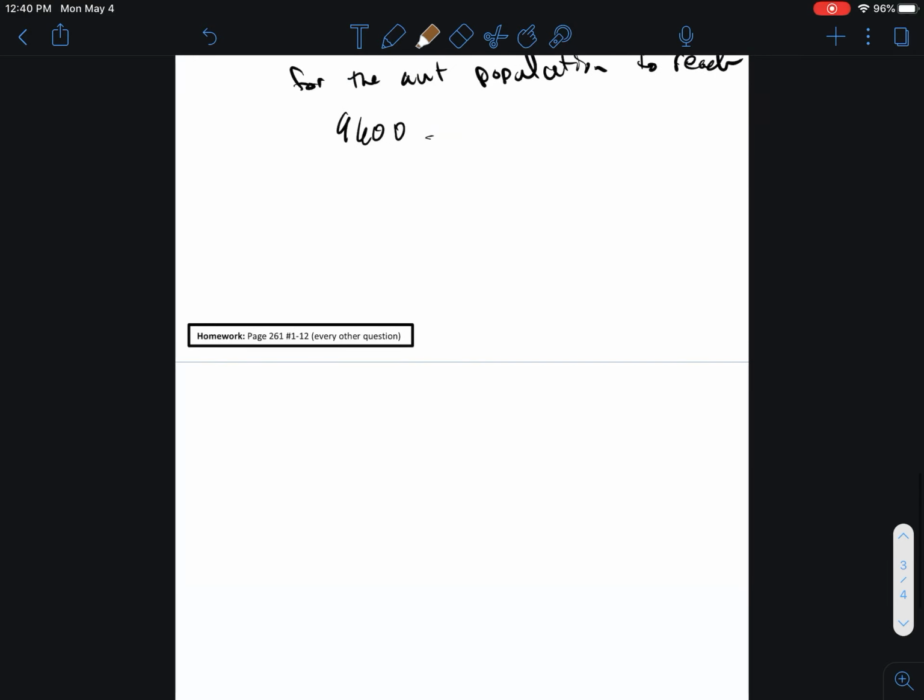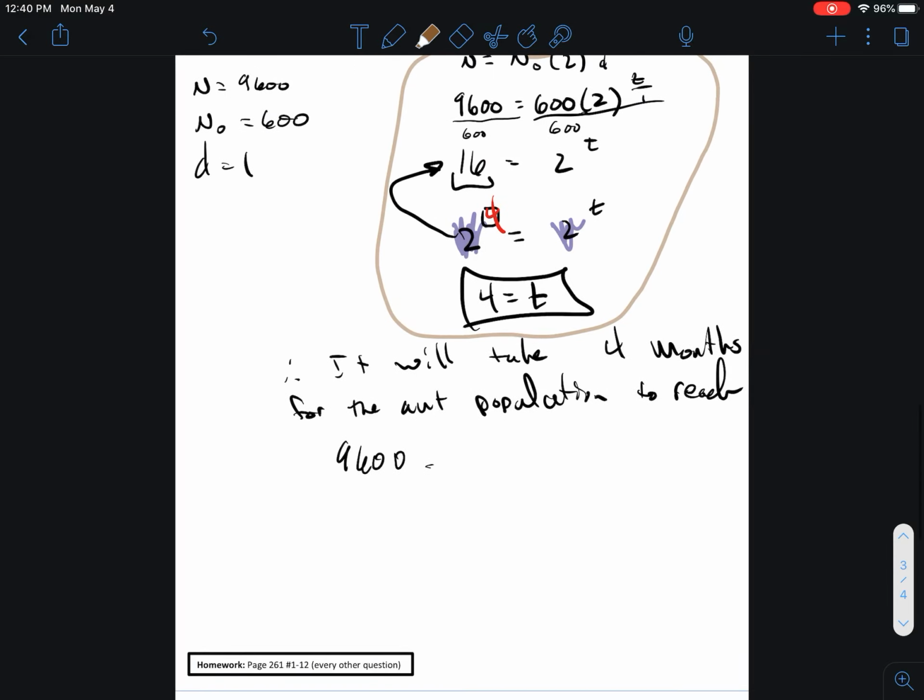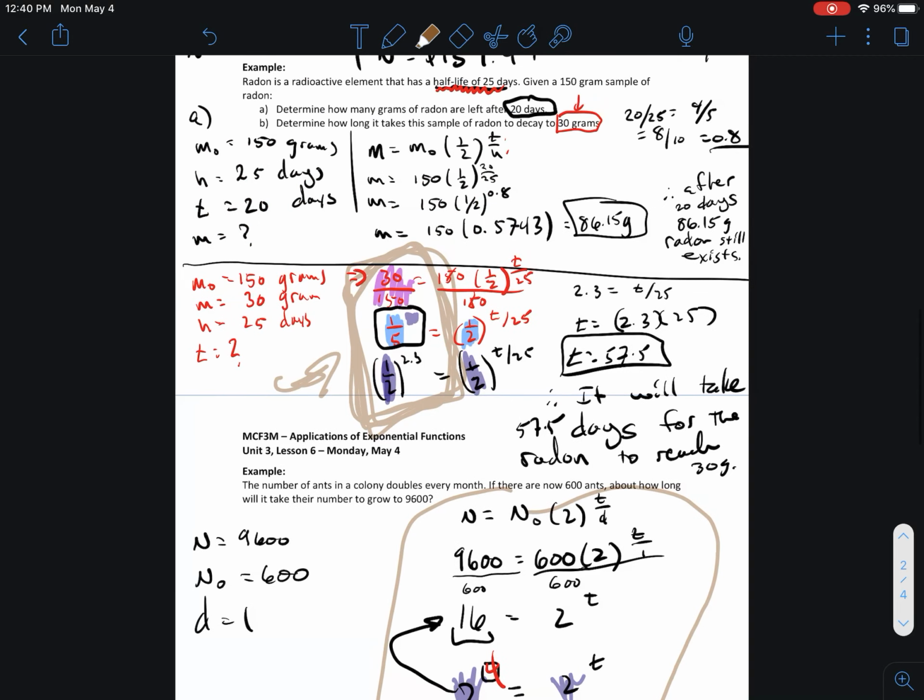Not pretty, right? So, that's it. Let me know if you have any questions. We're going to move on after this. I'm going to clump finance